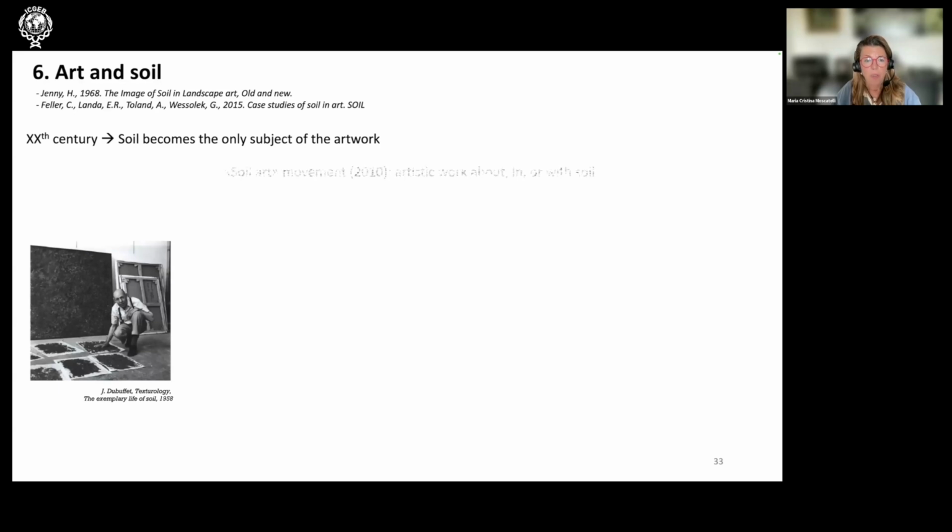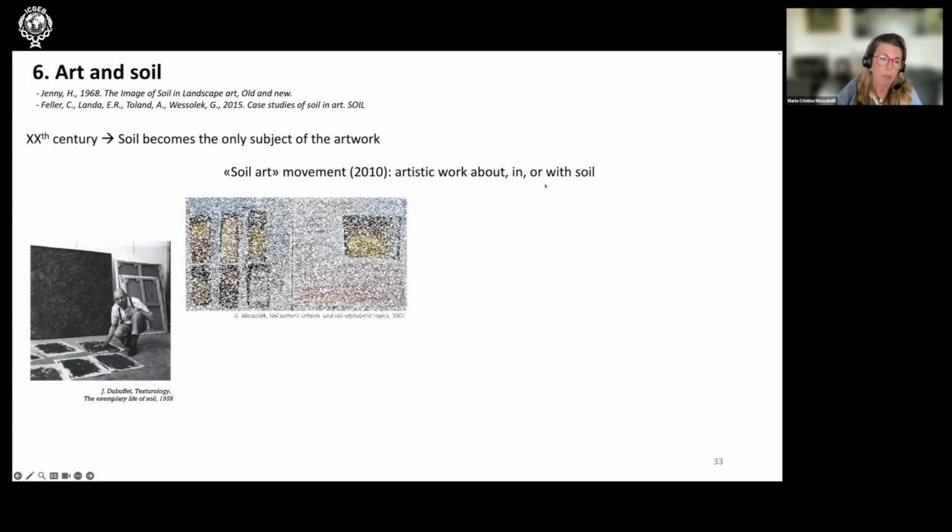canvas. 2010 marks the period when the soil art movement starts, and it was initiated and proposed by Gerd Vessolek, who is a soil scientist. I must underline that most soil artists are soil scientists, because probably they are the first to understand that it is another way to convey soil issues to a broader public. The soil art movement includes artworks and any artistic work about soil, in soil or with soil, or done with